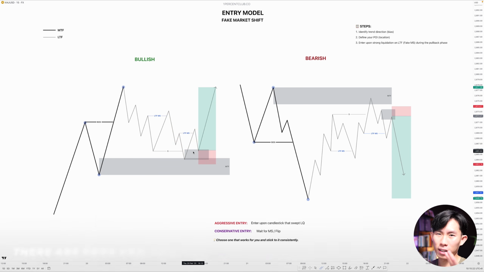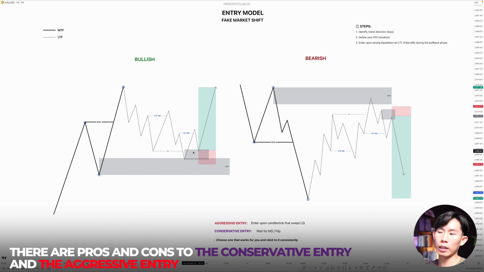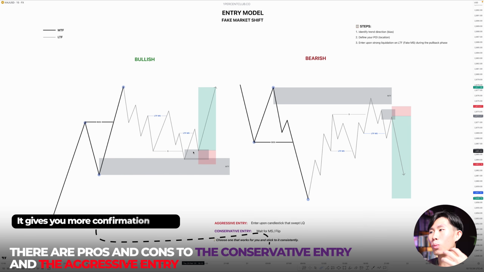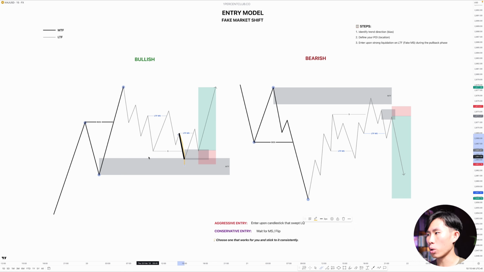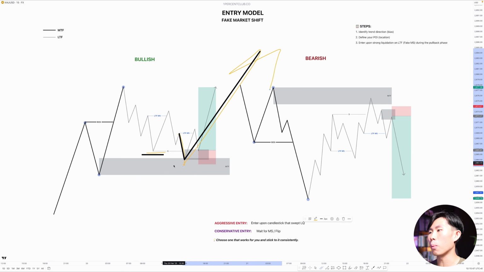Once again, you must understand that there are pros and cons to the conservative entry and the aggressive entry. The good thing about the conservative entry is that it gives you more confirmation, right? Which means you have more confidence. But the bad thing is that it might lead to more missed trade opportunities. Because sometimes what can happen is that price can come down here, swap this low right here, and it just goes up without pulling back just like this. In that case, if you're waiting for an entry model, you're waiting for a conservative entry,